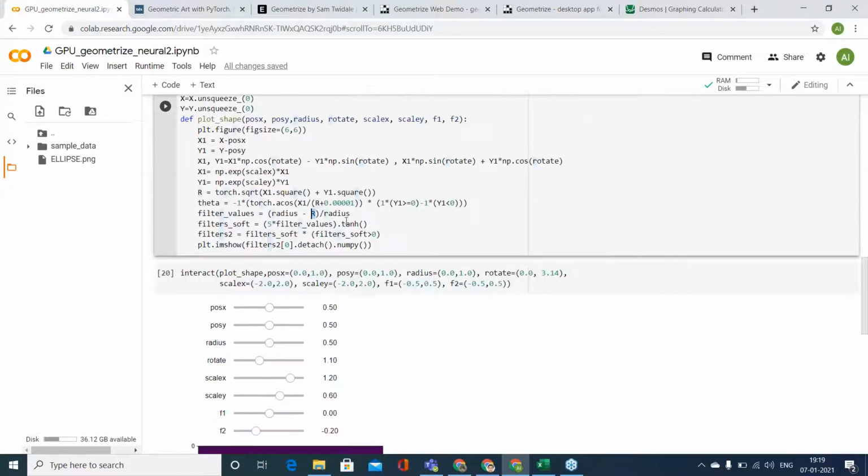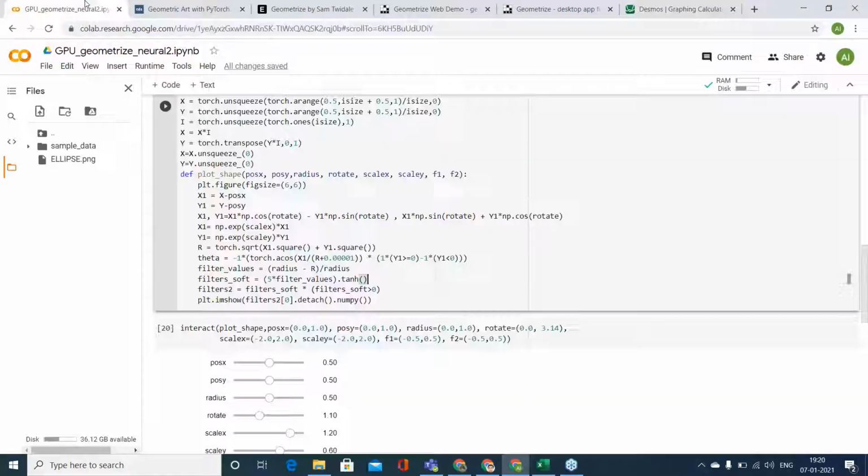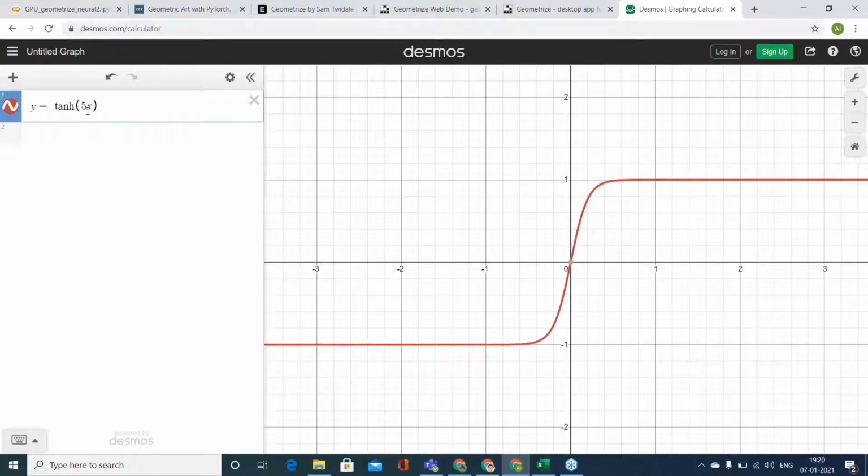Then I'm doing a tanh of it. I'm applying an activation function. I'm doing 5 times this value into tanh. This is the graph of tanh. If you see y equals tanh of 5x, my value goes from 0 to 1. My x goes from 0 to 1.